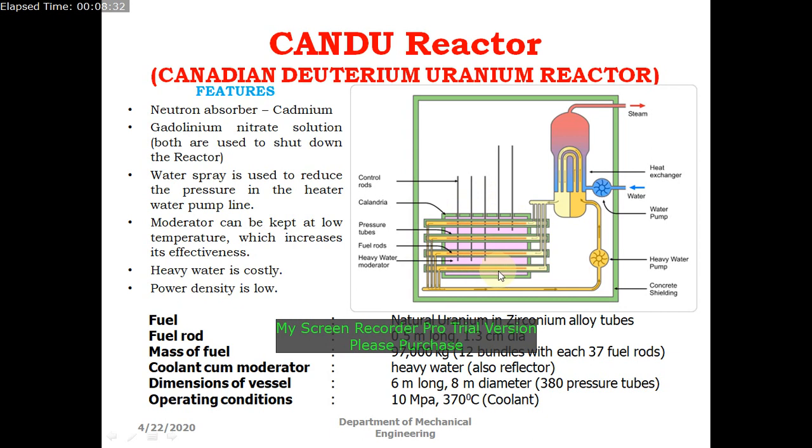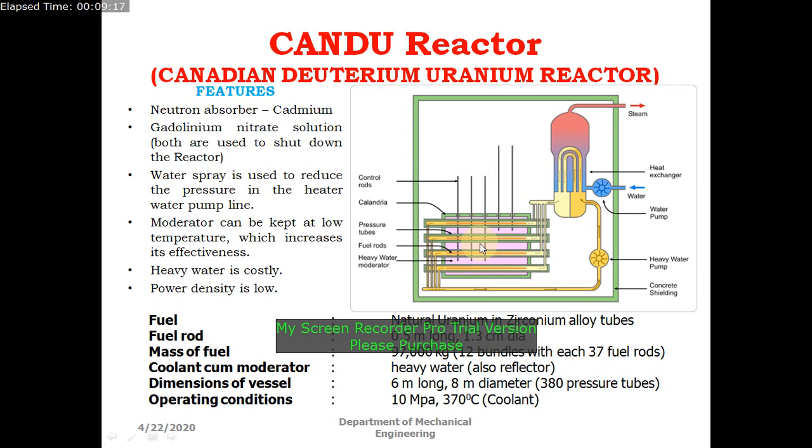Once the chain reaction is initiated and we have the required number of neutrons to complete the chain reaction, the control rods are dipped gradually into the core of the reactor. If more of the control rod is dipped, then more neutrons and other radiation will be absorbed by the control rod material. We are also saying this deuterium oxide outside the pressure tubes will act as the reflector. So the alpha particles, protons or any gamma rays, once they leave the pressure tube, will be reflected back onto the pressure tube itself.